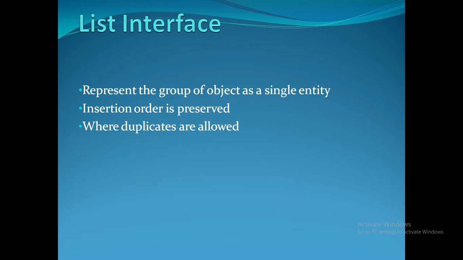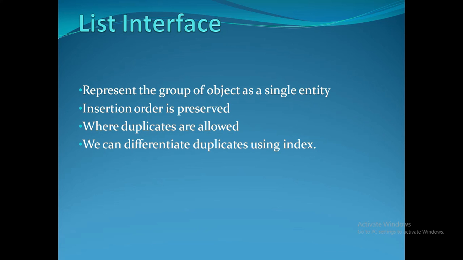You are already aware, right? Because when we perform the add operation, it has a return type of boolean. It depends on which type of collection you are using. Let's take the example where we are using a list. List allows us duplicates, so it will return true. But in the case of set, which we haven't seen yet, duplicates are not allowed. We can insert only unique elements. In that case it will give us the result as false. Okay, so in list duplicates are allowed.